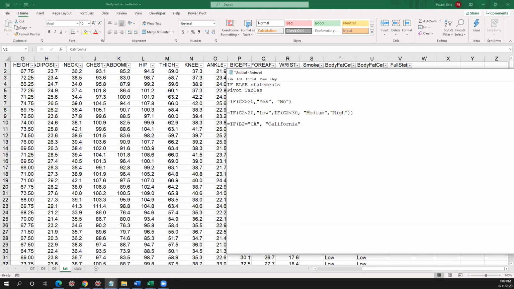Now you can understand what should be next. I have to continue writing another IF statement, but this time I want to replace a different state abbreviation with the full state name. So write comma, then again IF, and then again B2 equal to